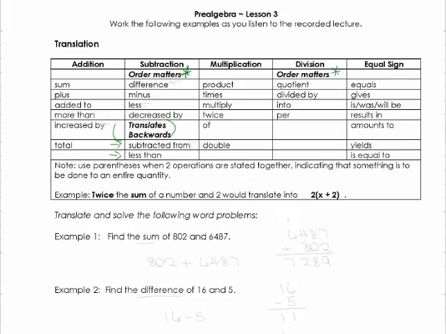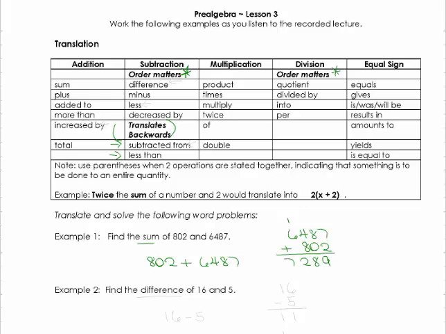Example 1 says find the sum of 802 and 6,487. Now we always write these. We would write this word problem as 802 plus 6,487. But you would probably not add it like that. You would want to write it vertically to do the work and line up your digits carefully so that you could add. 7 plus 2 would give you 9. 8 plus 0 is 8. 4 plus 8 is 12. Carry my 1. 6 plus 1 is, of course, 7. The answer,